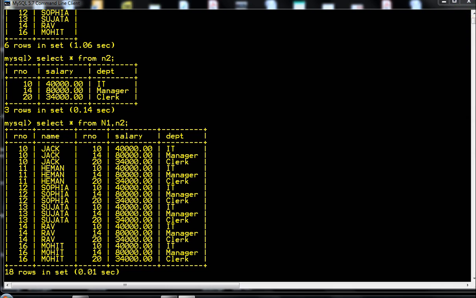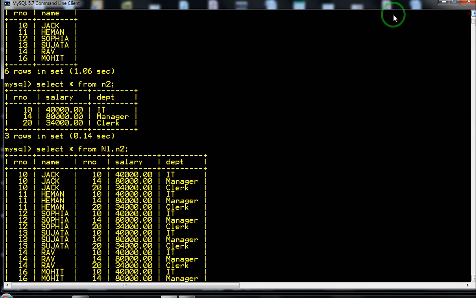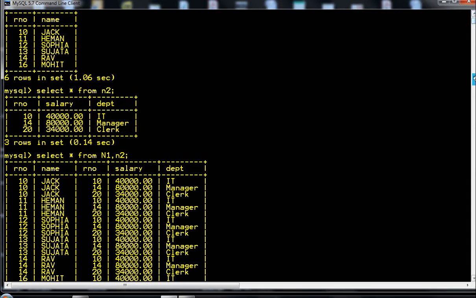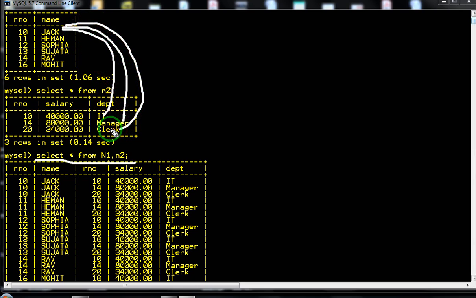See here, I have two tables, N1 and N2. When I create a cross join or a Cartesian product, what will happen? The first row of the N1 table will make combinations with all the records of the second table.